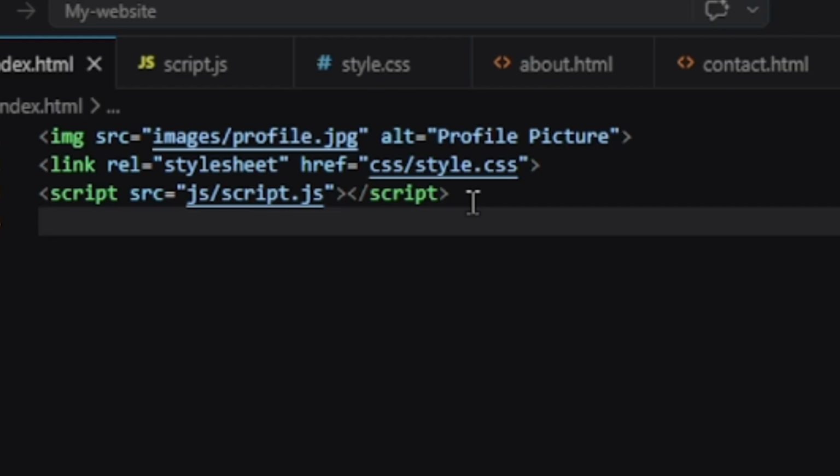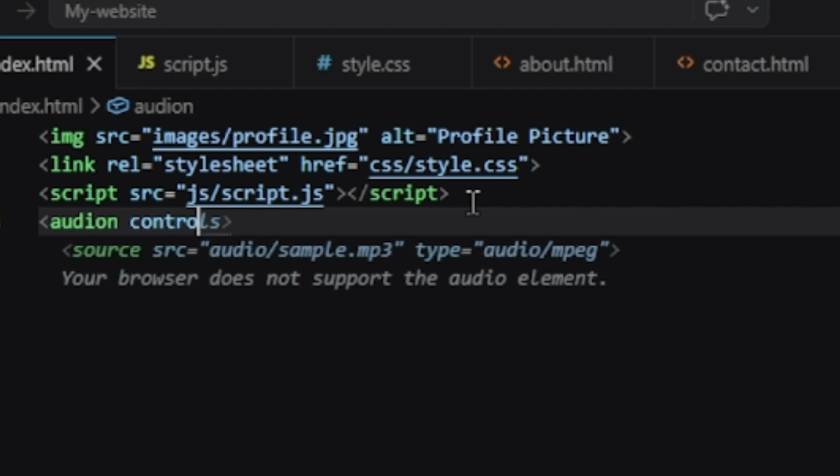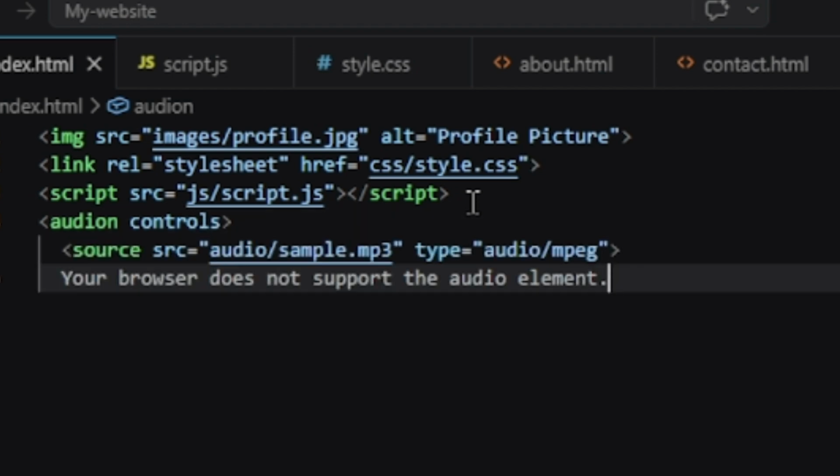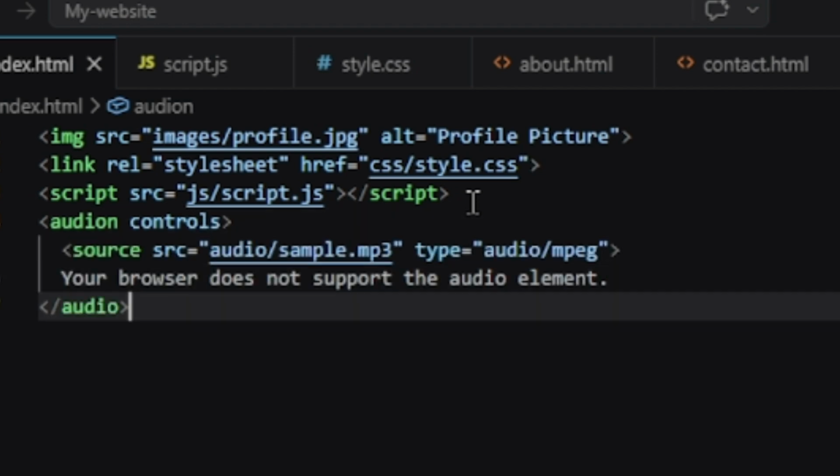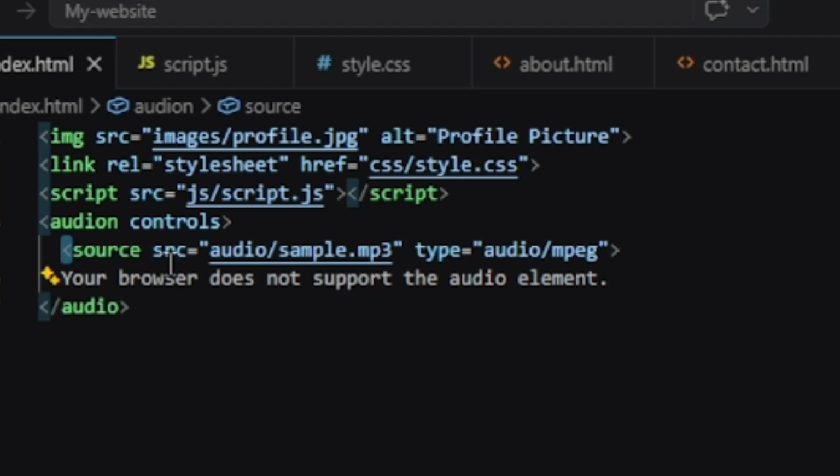Then let's say we are looking for the audio as well. The audio. So what do you have? Audio. Then controls. I told you always be including the controls. Are you here? So we have this one here. So this is how to look for the audio as well. This is the audio. This particular one is the folder. And this is